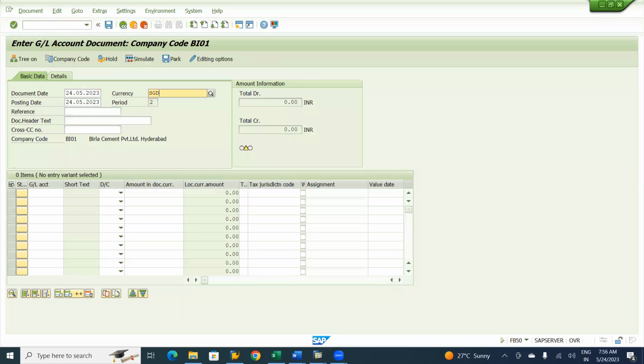currency SGD. Manually, I'll change. This is FC03, foreign currency posting 03. Okay, just write it down. Singapore dollar, I am posting FC03. So here I'm manually changing